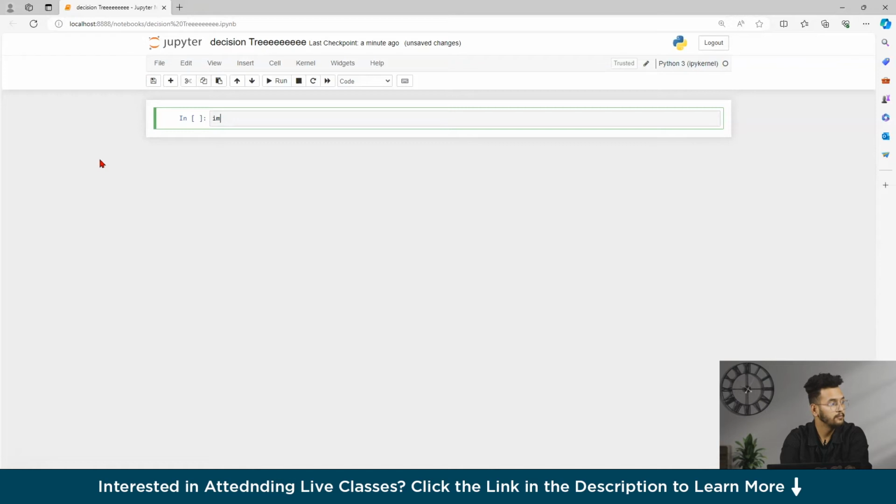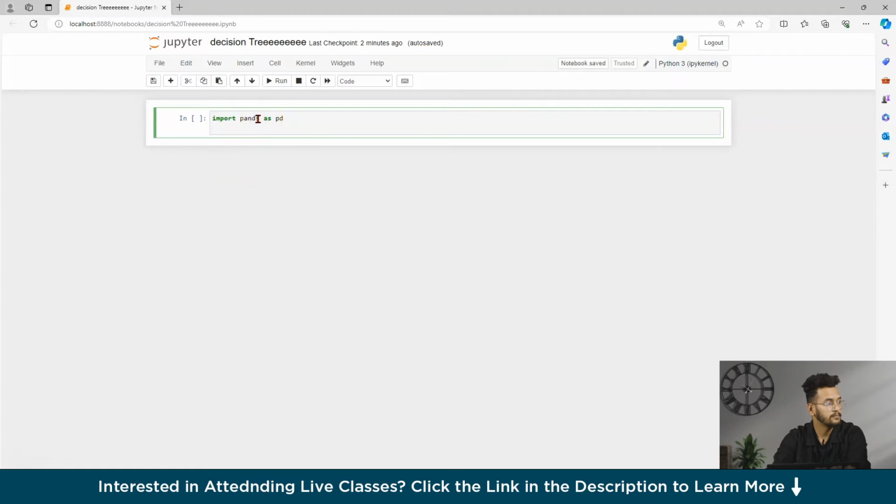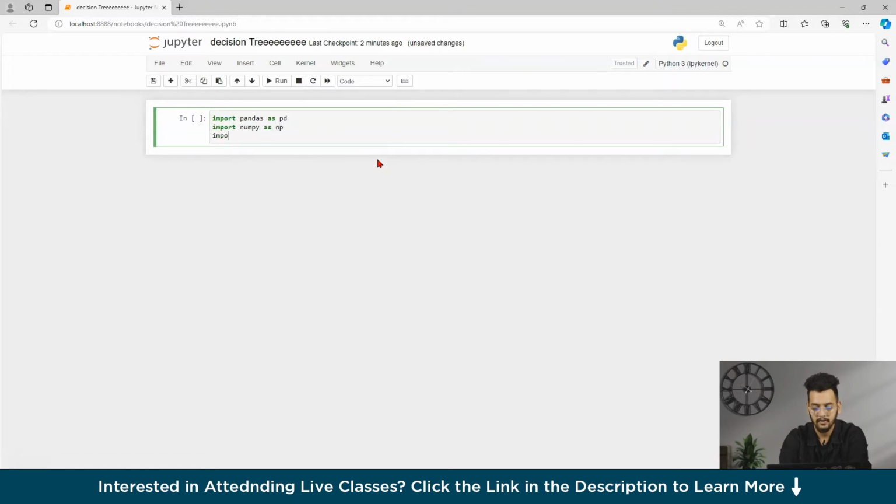So first we will import Pandas as pd. Then I will import NumPy as np. Then I will import matplotlib.pyplot as plt. Then we will import sklearn and then we will import